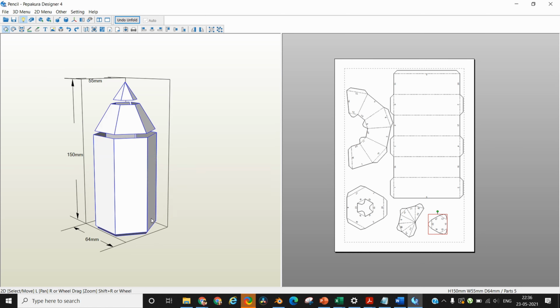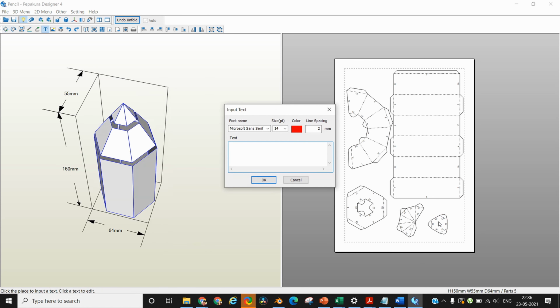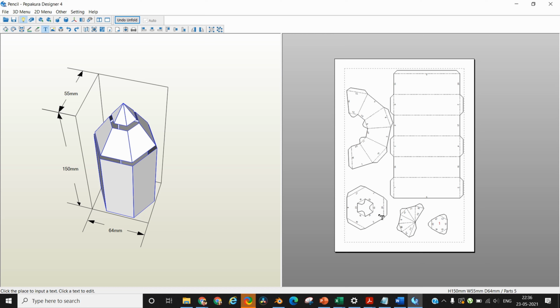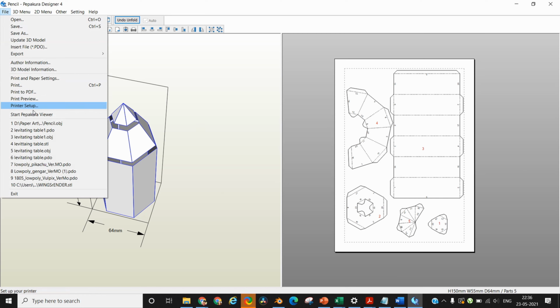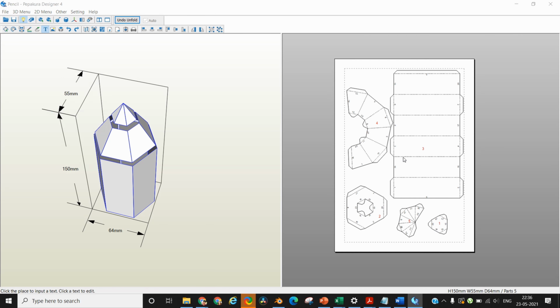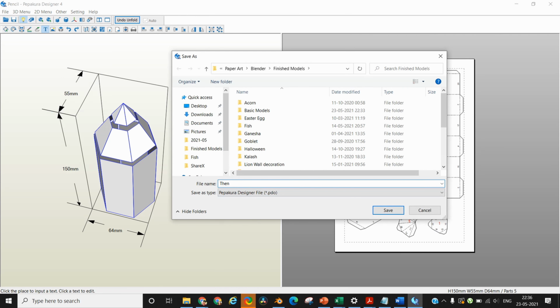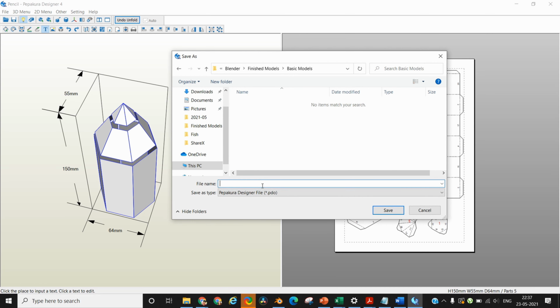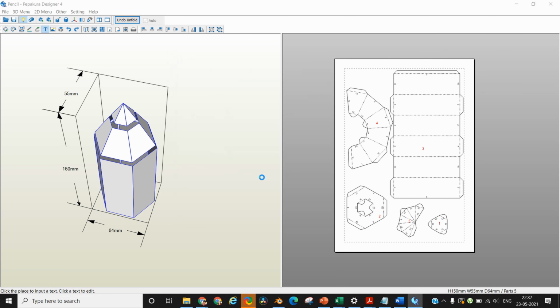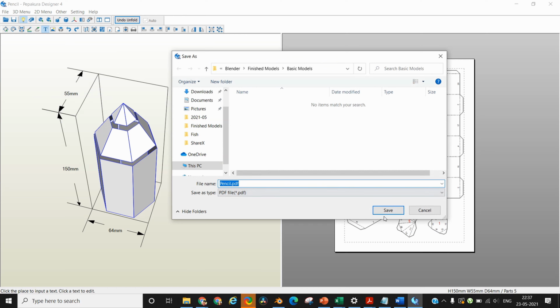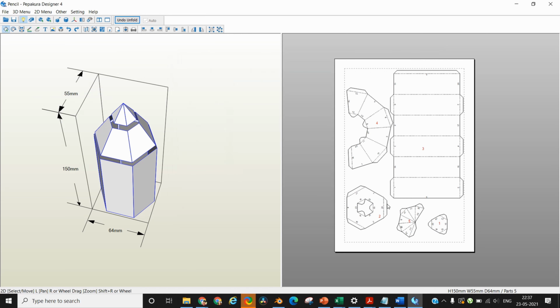Press Ctrl T on the keyboard to activate the text option, which will allow you to number the pieces. It is good to know which piece to connect after which piece, and it normally helps the users who are using the template to understand how the flow of the model goes. Once you are done and happy with the template, then go to the file menu and export this as a PDF file, and you have your template ready for the next phase of the low poly fusion art, which I will take up in the next part of the same video.